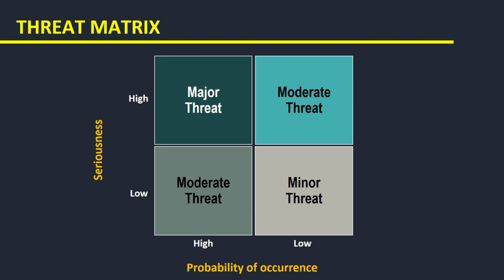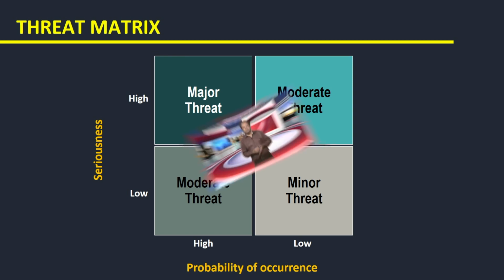So, we have to see the threats also, because there could be certain opportunities which a person can think of exploiting, but there could be some threats also. So, you have to see the threats simultaneously along with the opportunities also. If it is a major threat, then we have to discard this thing. If it is a moderate threat, as you can see on the screen, then it can be thought of, but